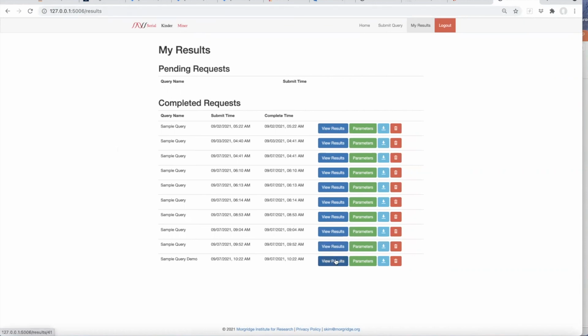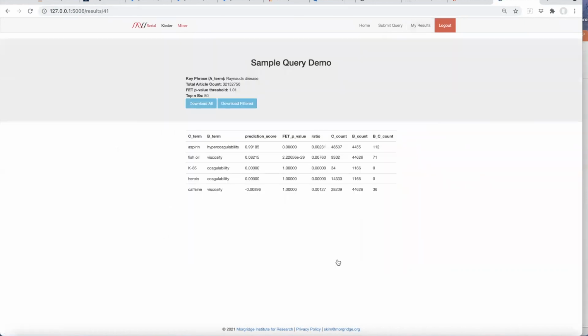So let me just go to the view results. So it is the same one, sample query demo, and you see fish oil as the second hit. Blood viscosity is the B term. So Skim rediscovered the original discovery made by Swanson, which is fish oil for Raynaud's disease.